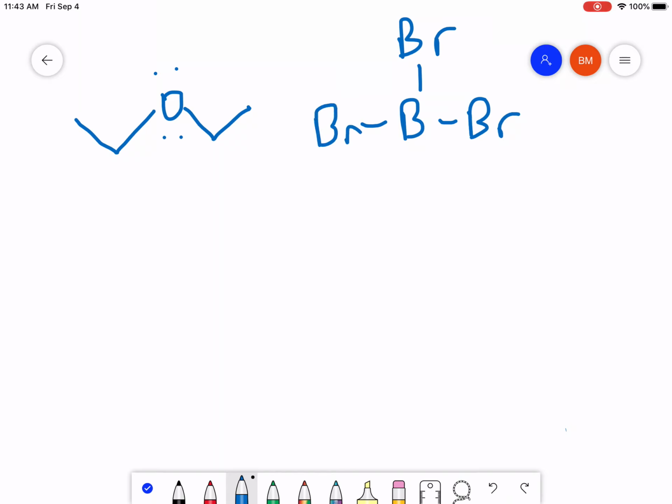We're going to be reacting it with boron tribromide. If you're looking at the mechanism here, again, you want to identify what's going to have electron pairs to donate and what's going to have room to accept electron pairs. I think you can clearly see that we have available electrons here. This boron, just like in a previous example, is capable of accepting a couple of other electrons in its outer shell, so